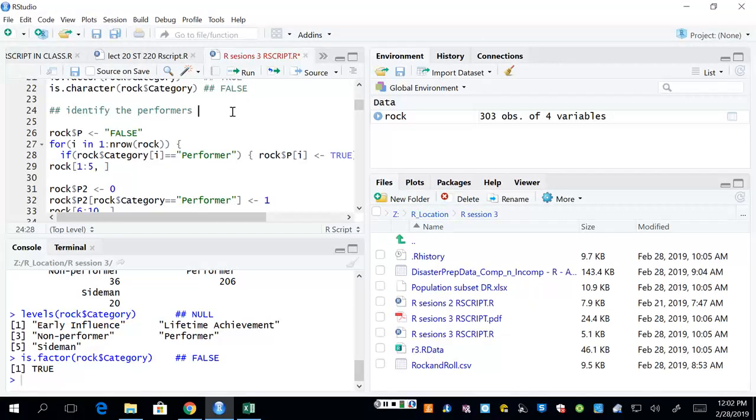So say we want to identify just the performers. Well, there are,